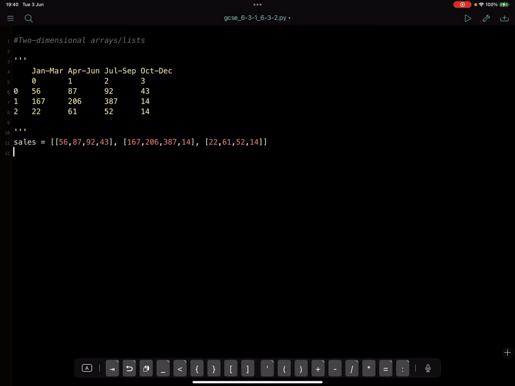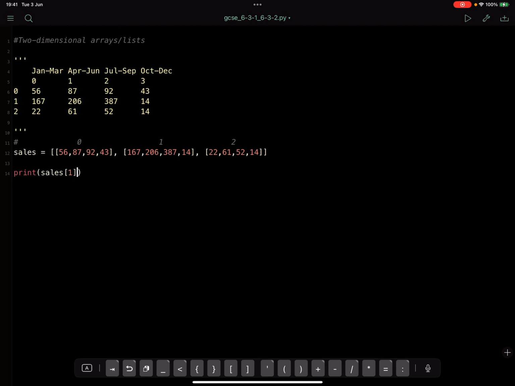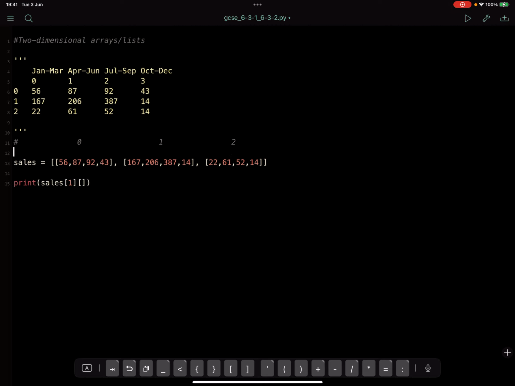So I'm going to print out sales, and I need to find which row it's in. It's the second row. So if I just add a comment here, this is at index 0, this list is at index 1, and this list is at index 2. So the list I need is at position 1. So I'm going to isolate that first, and then I can drill down inside. So if I just make another comment, each item here,